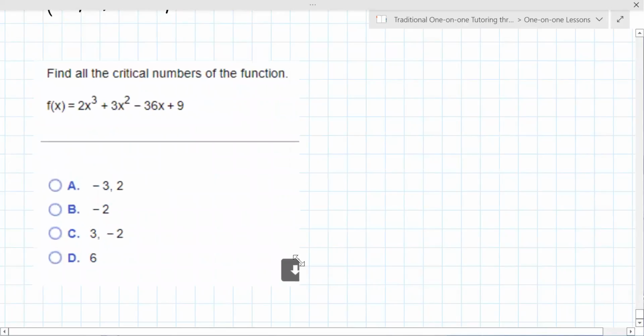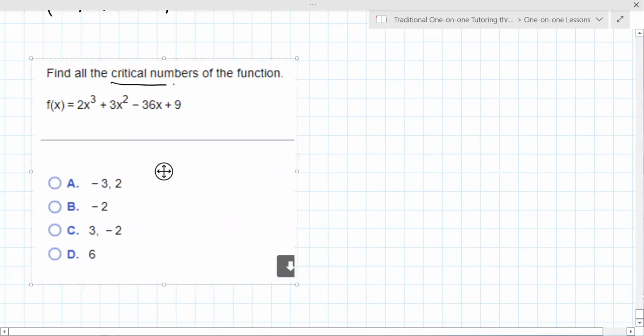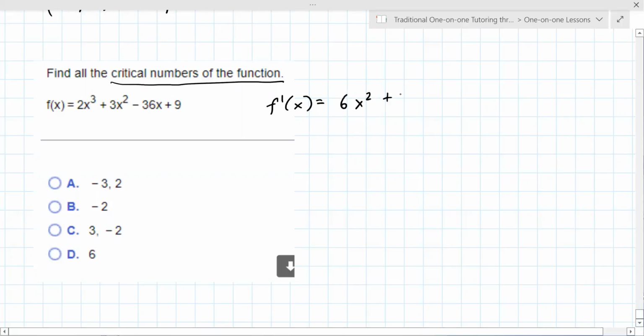Find all the critical numbers of the function. So critical numbers means to take the derivative and set it equal to 0. So your derivative here, 2x cubed, that's 6x squared plus 9x minus 36. And you set that equal to 0. Now your first type of factoring is a greatest common factor,